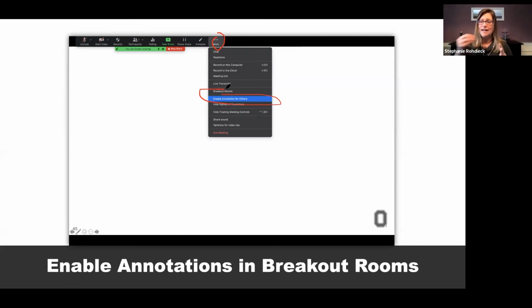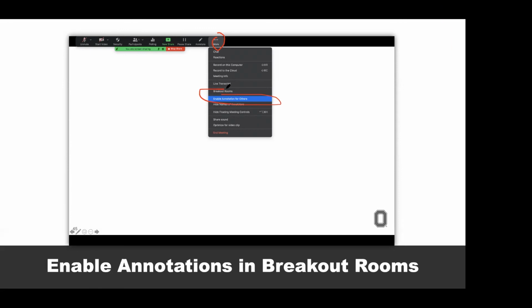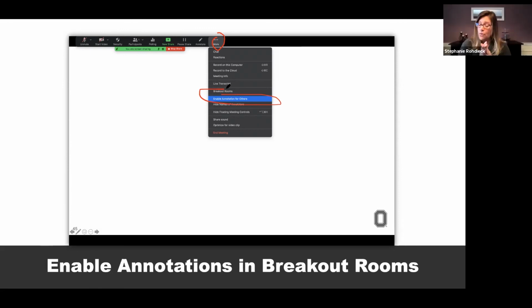So that will allow the rest of the members in the breakout room to do this. One important thing to know: whiteboards, they can save, right? And then you can have them post that into an assignment on Carmen, or they can email it to you so you can see what work they were doing.